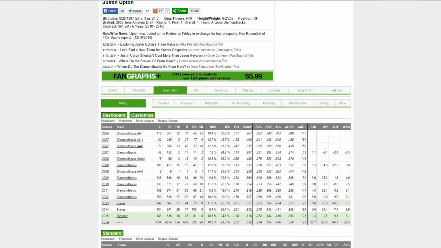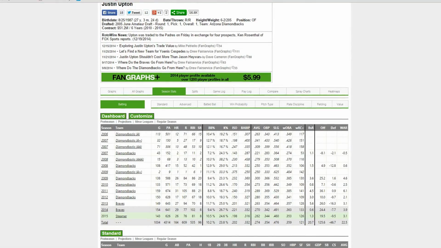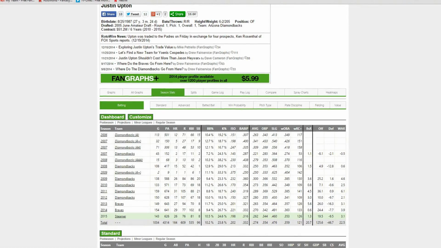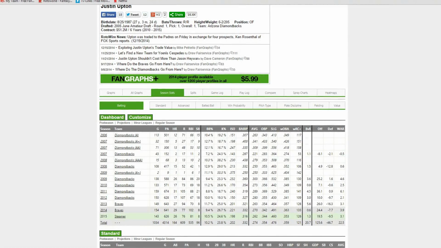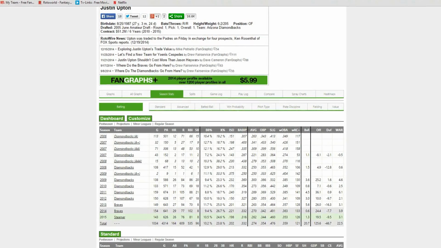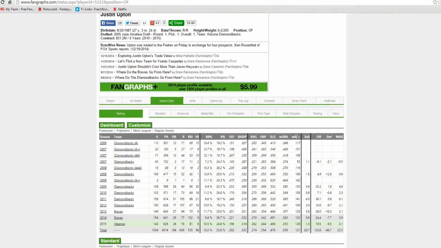So if we have these numbers, we can see if a player is having a breakout year or if regression will occur. So if a player has a high BABIP relative to his career numbers, we might want to sell high on that player. If his K percentage went down and his walk percentage is up, you probably want to keep that player or buy that player because he's actually done something different at the plate.